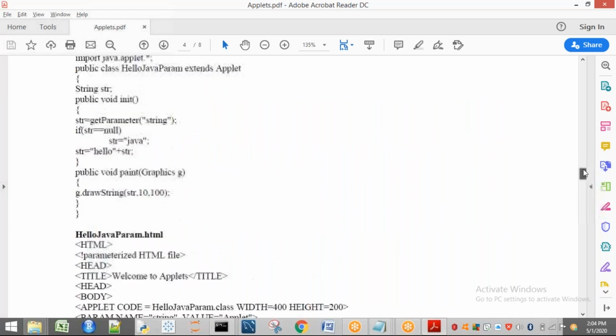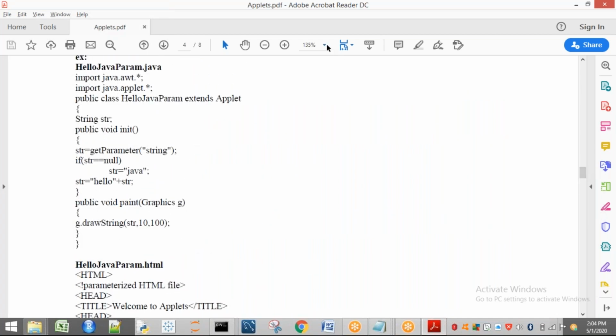Now see here, if you observe this program, I will decrease the size. Some str I have taken here: str equal to getParameter of string. That means I am going to take a parameter from the param tag, because here I am using the getParameter method. In brackets I have passed some string, that is, a name.